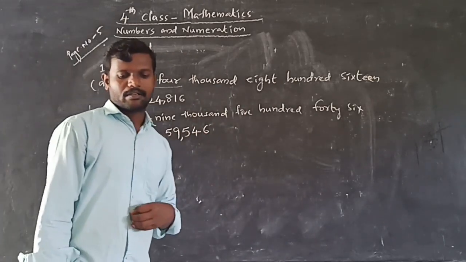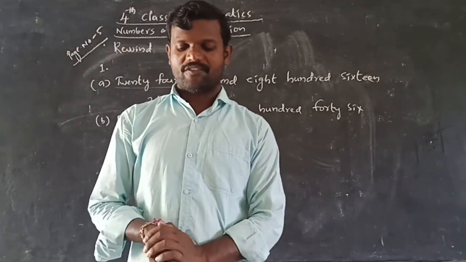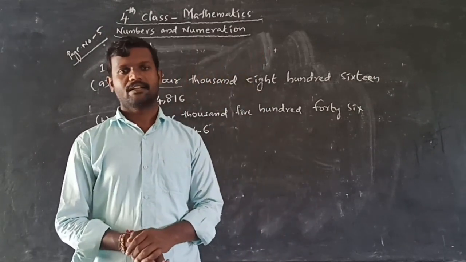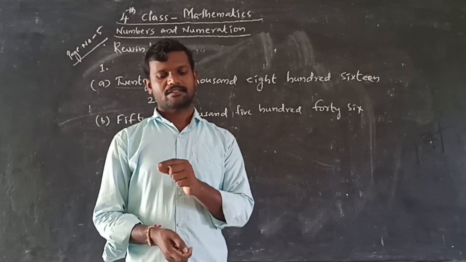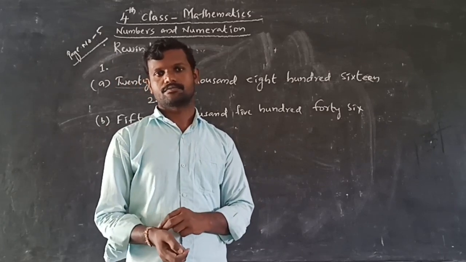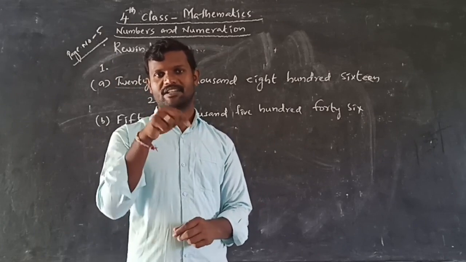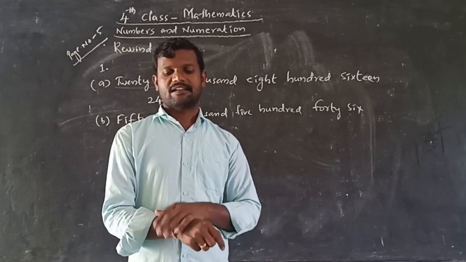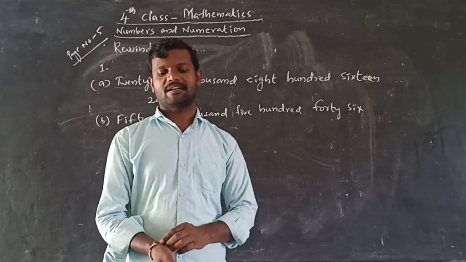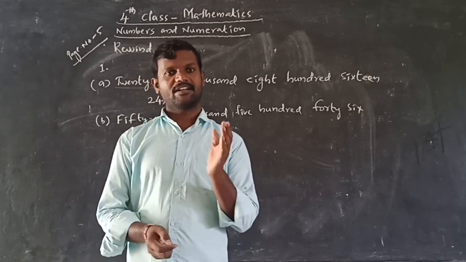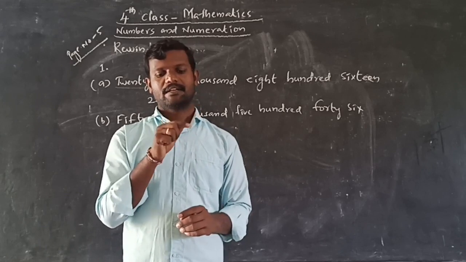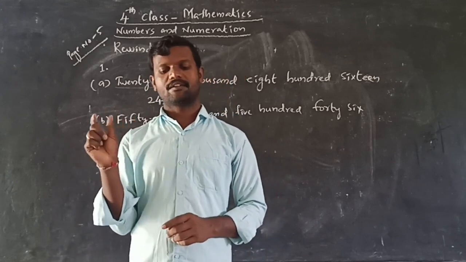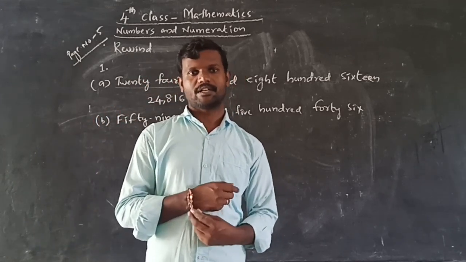Okay. Next, 90,462. 90,000. 90 thousands. So next 462. 90,462. Where do we have to keep the comma? After the thousands you have to write a comma. The next one is 7,44,592. So 7 is in the lakhs place. So 7 lakhs. Next one 44,000. After 7, that 44. Next 592. Write the commas where you need.